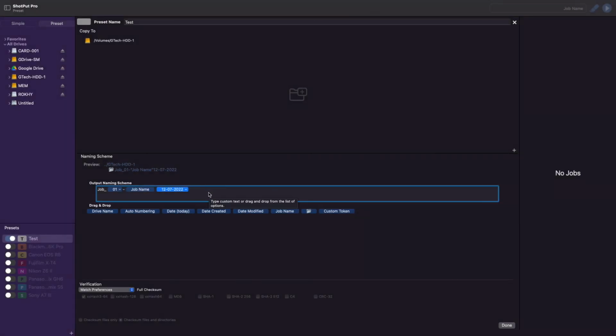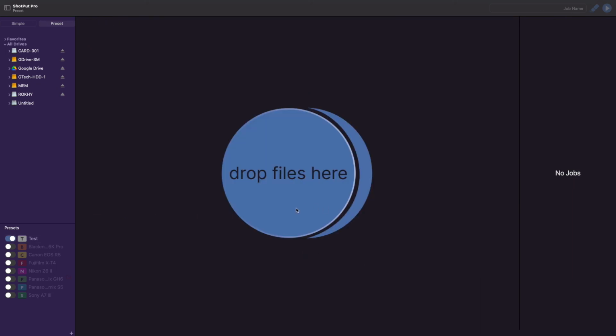Changing the date format in ShotPut Pro is a useful feature that can save you lots of time and effort in the future. Hopefully this video has helped explain date formatting, and if you have any more questions, please watch